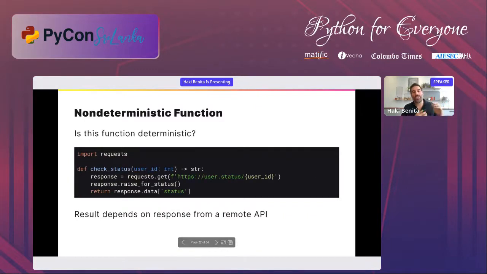Another common example, just like the database, is that you can access some remote API. In this case, I want to check the status of the user, and I'm using an API call to this address with the user ID. If the response fails, I'm throwing an exception. Otherwise, I'm returning the status of the user that I found in the remote API. So in this case, my function depends on the outcome of some remote API. So I can execute this function multiple times, and I'm going to get